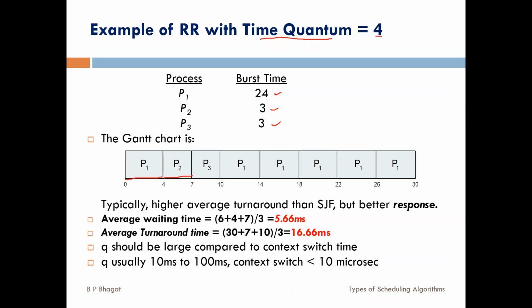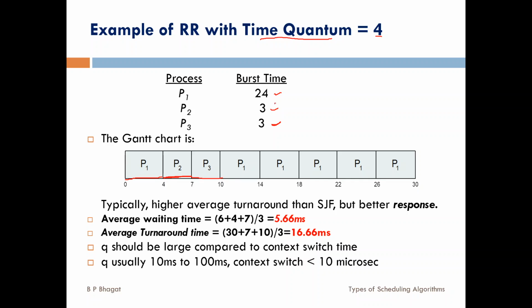Even if our time quantum is 4, since the burst time for P2 is 3, it will keep the CPU for 3 milliseconds only, and then it will give it to the next process in the queue, that is P3. Again P3 has burst time 3, so it gets executed for the next 3 milliseconds and will give the